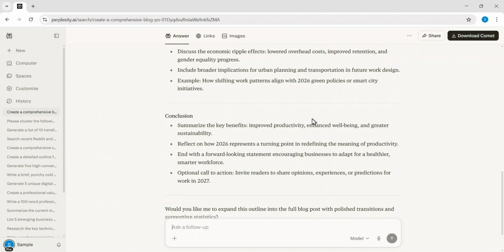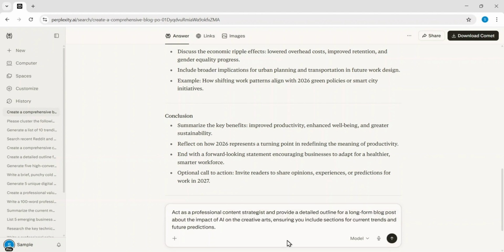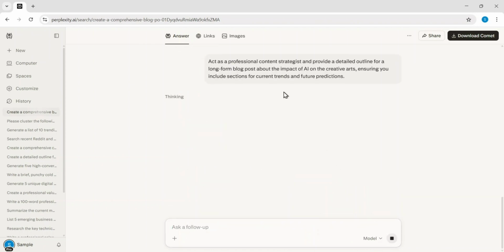I can then take things a step further by using a follow-up prompt to change the perspective or deepen the research. This time, I'm asking the AI to act as a professional content strategist to create an outline for a long-form post about the impact of AI on the creative arts. I make sure to specify that I want sections for current trends and future predictions to make the content as